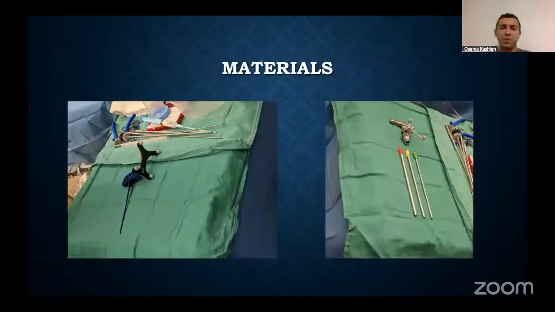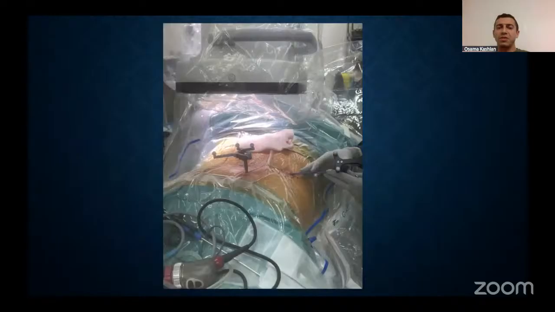And this is what I use. You have the navigated Jamshidi needle, whatever system you have. At this time, it was a Medtronic O-arm, but really any system that you have would work. And then you can take any type of SureTrack from Medtronic, and you can attach it to your reamer. In that way, you're able to navigate most of your approach. And this is kind of how it looks.